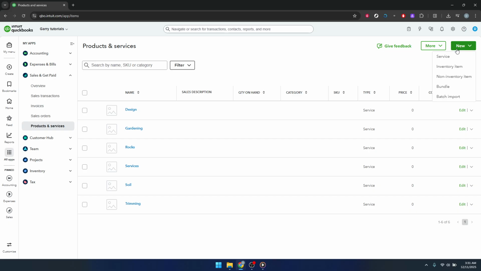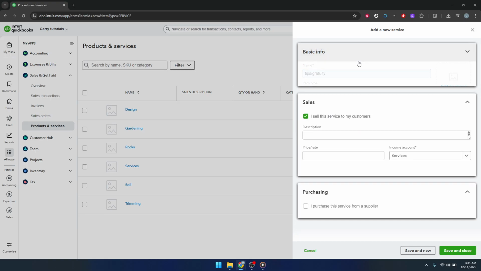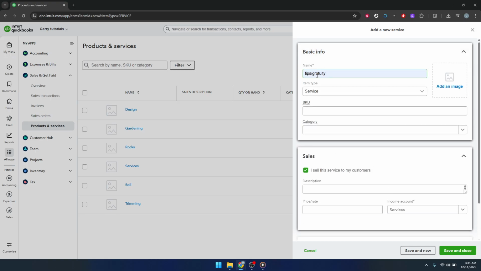Now, when QuickBooks asks what type of item you want to create, choose Service. Even though tips aren't really something you perform as a service, using a service item is the easiest way to add it to a sales receipt. Give this new service a clear name, such as Tips/Gratuity. Using a simple, obvious name will make it easy for you and your team to recognize it whenever you're filling